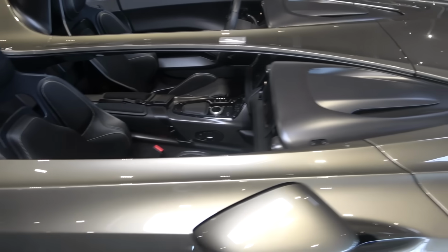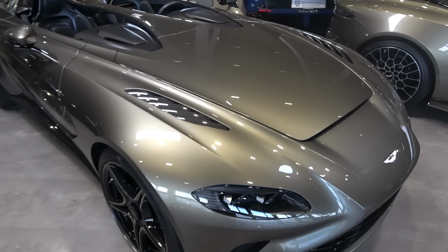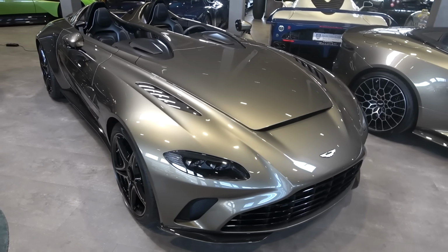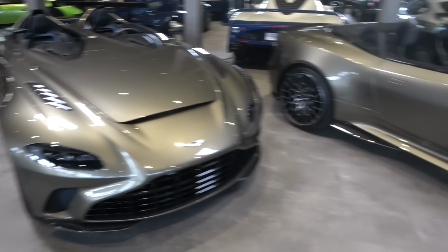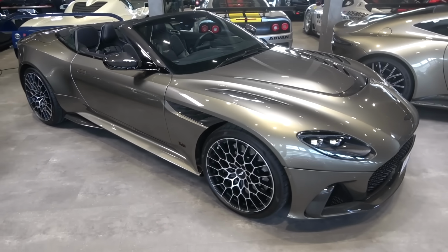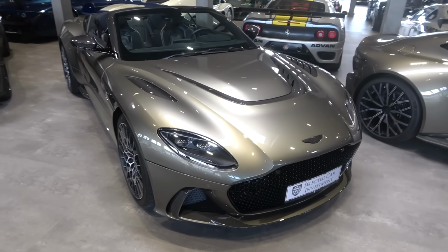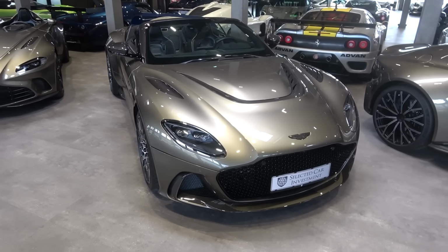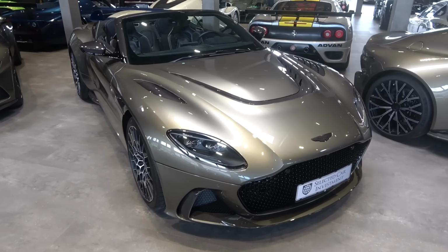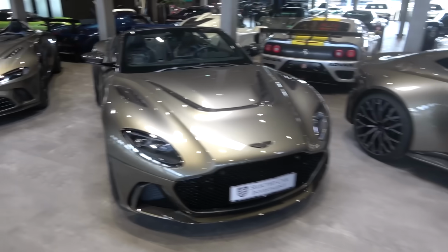open to the elements. But powered by the 5.2-litre twin-turbocharged V12 that we knew at the time from the DB11 that they shoehorned into the slightly shorter Vantage platform, and an engine that is also shared with this, the DBS 770 Ultimate Volante, the final edition of the DB11 and DBS platform before the DB12 arrived, confusingly with a V8 going down from 12 to 8 cylinders, so very much a collectible, the last of that era, as well as